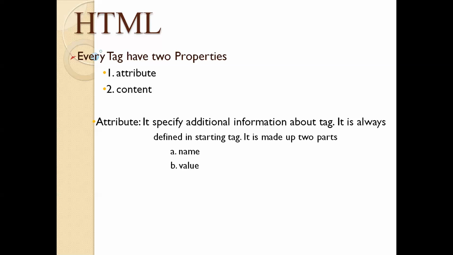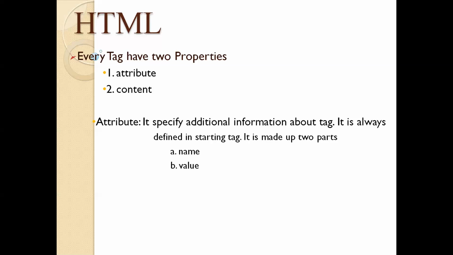We have seen this in the applets. The applet tag has three attributes: name, width, and height. Name is the name of the attribute, and after the equal sign, we assign some address. That address is the value of that attribute. For example, width is the name of the attribute, and width equal to 400 means 400 will be the value of that attribute. Height is the name of that attribute. Height equal to 300 means 300 will be the value of that attribute.